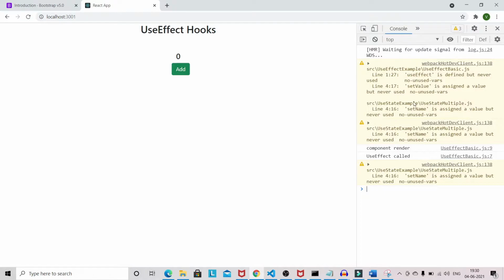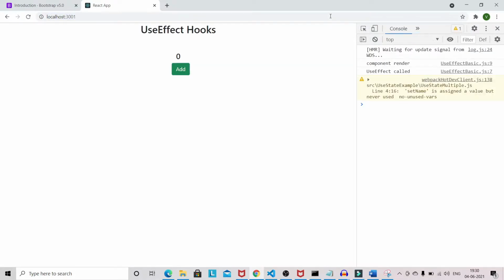You can see that. Let's reload once again. We are getting a setName, useState multiple log. Don't worry about that, that is from a different file.